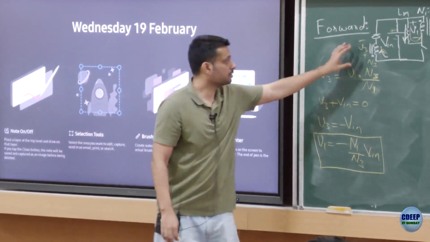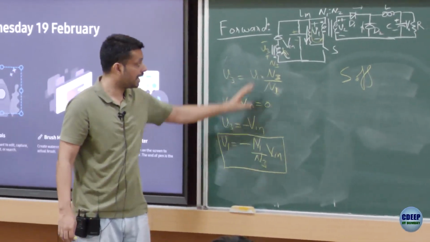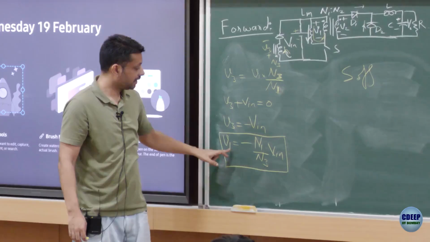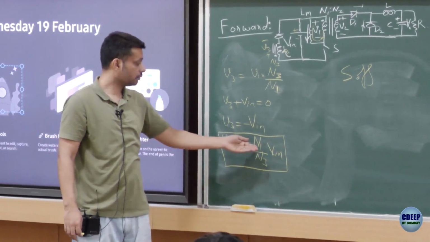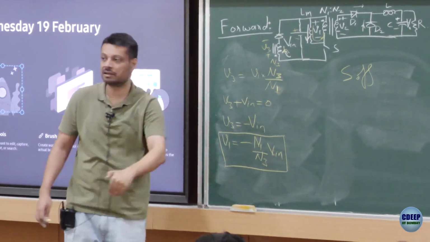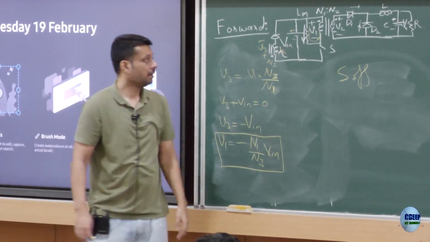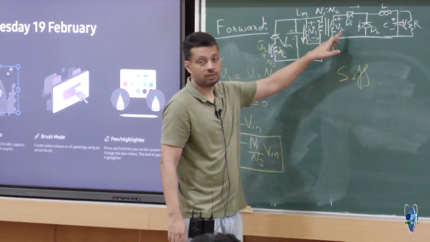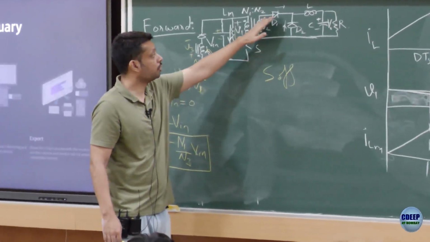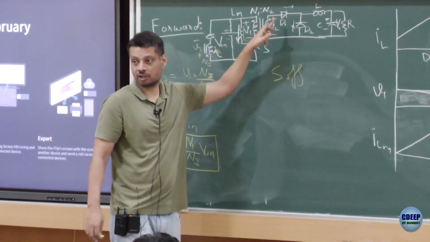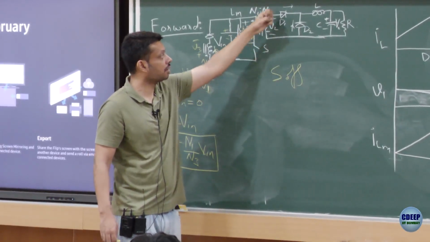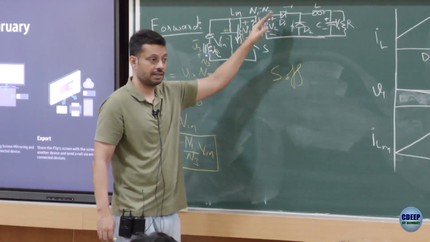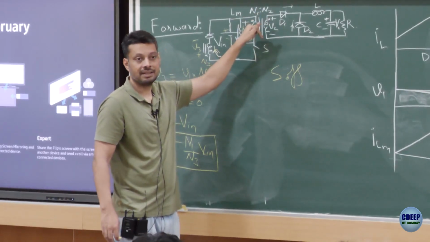So that you can adjust by how many turns you keep. If you keep a large N3, then the reflected voltage would be very, very small. If you keep a smaller N3, then the reflected voltage on V1 would be very large. Suddenly it will bring the current down to 0, right? And now if V1 is negative, V2 is also negative, right? So if you don't have this diode, this will become like a dead short circuit, right? So this diode will block it from creating this dead short circuit, because now your V1 and V2 are negative.